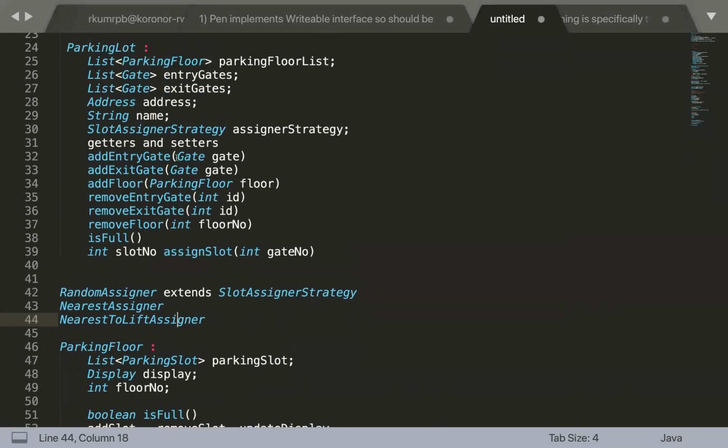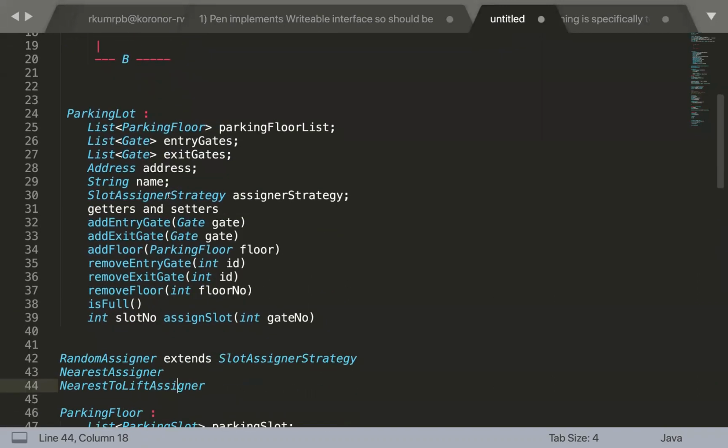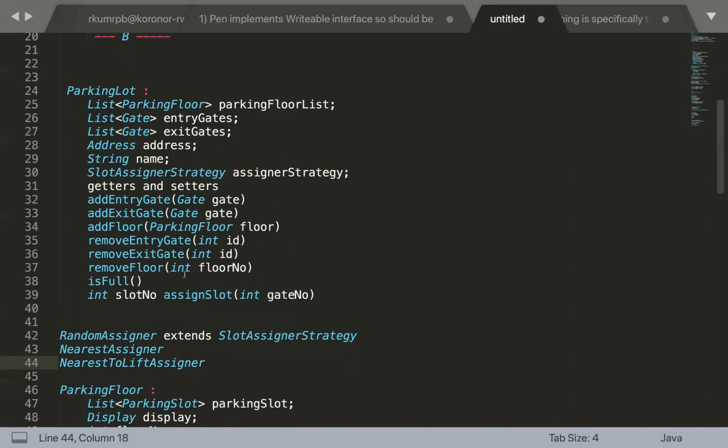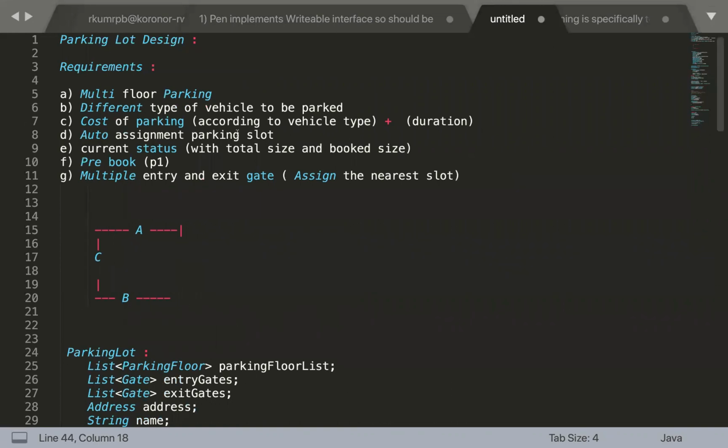So it is deviating from two principles. First, single responsibility is breaking, because assignment and its responsibility are also coming to the parking lot. Second, it is violating the open close principle as well. And with the strategy, we have achieved both things. We have segregated the responsibility into a different class, and we have achieved the open close principle as well, because now the new requirements can be easily handled without actually changing the code. Okay, so auto assignment of parking lot here.